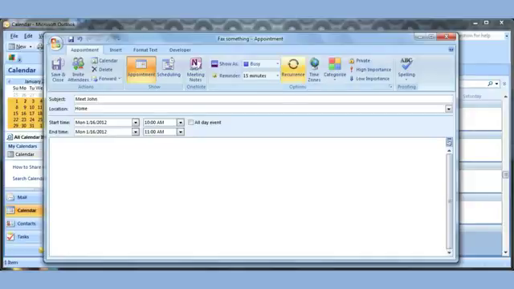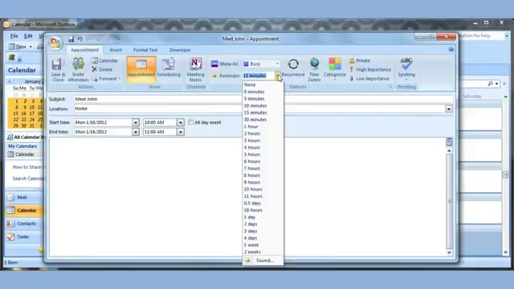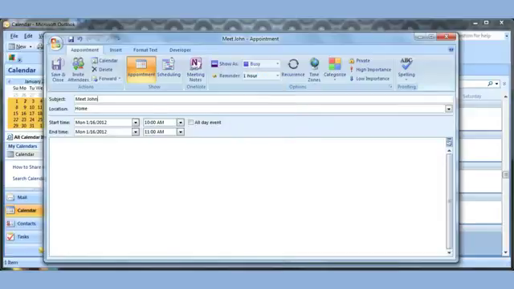You can also decide how you want to show your calendar at that time. You can show it as busy, tentative, out of office, because in a work environment, that calendar is shared by multiple people, so people would know what's going on with your calendar and where are you at that time. You can also set a reminder for yourself. So if your Outlook is open, you can say, hey, remind me 1 hour before the meeting, so you'll get